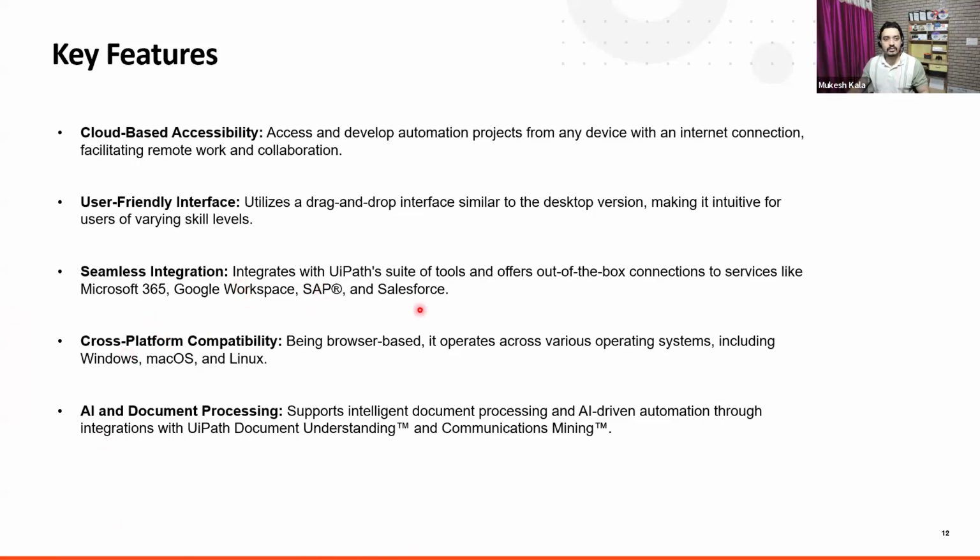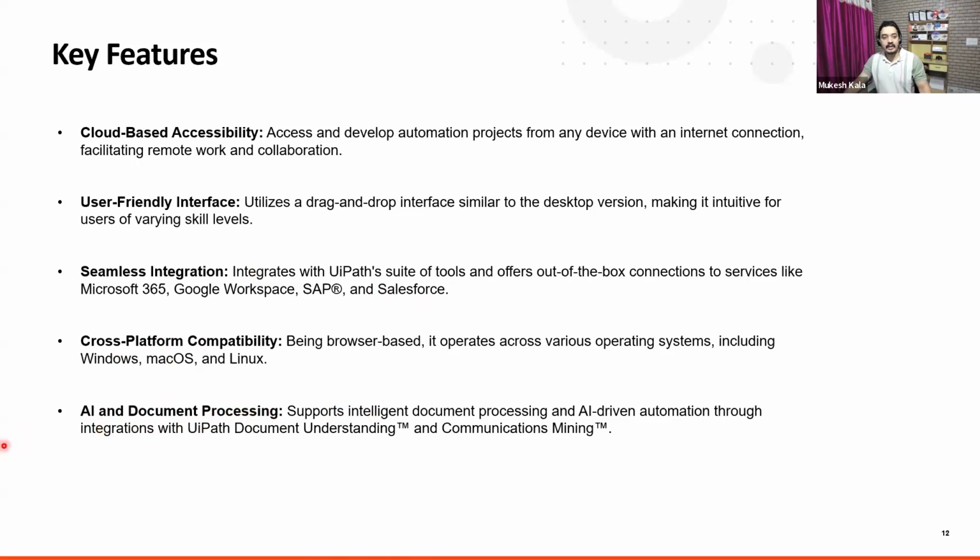Microsoft, Google, SAP, Salesforce, which people can relate to, but it has a huge catalog. Even your ChatGPT, OpenAI, Anthropic, all of that is available for you to do this transaction. When I say transaction, I mean send data, receive data. All you have to do is just put the things together, run it, and voila, you're ready, right? Cross platform AI and document processing. This one is important, right?